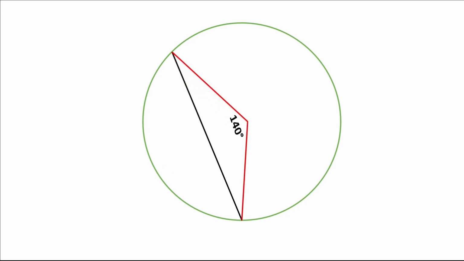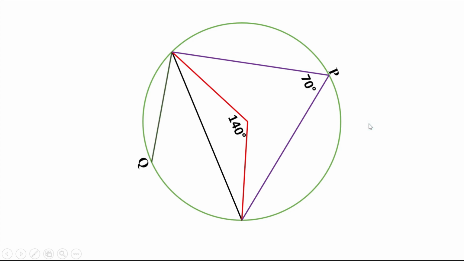The central angle is 140 degree. Let me take a point P on this arc. Now what is angle P? Angle P is the angle made by this arc on its alternate arc. Therefore, it is half its central angle. The central angle is 140. Therefore, this angle is 70 degree. Let me take a point Q on this arc. What is angle Q? We know angle P and angle Q are supplementary, means their sum is 180. Since angle P is 70 degree, angle Q is 110 degree.